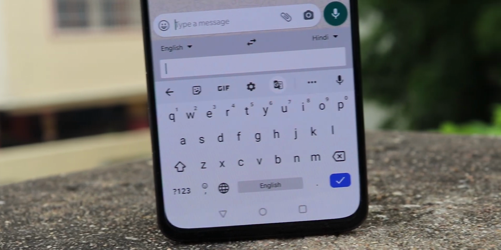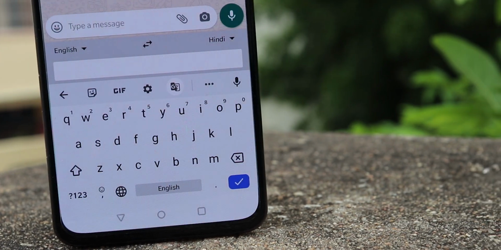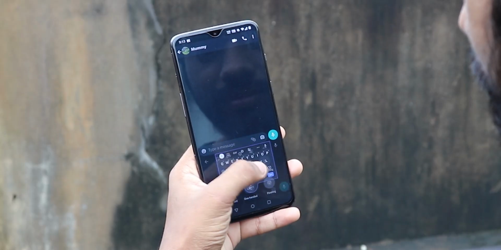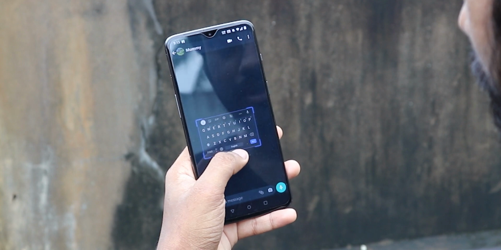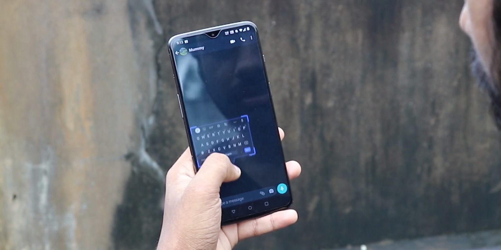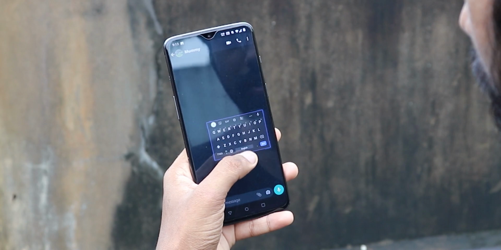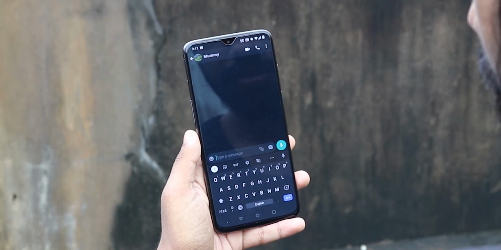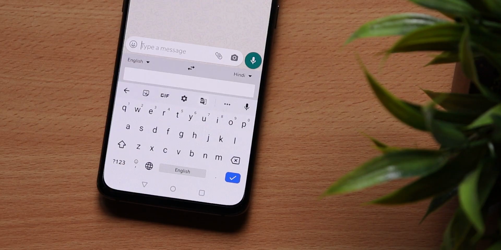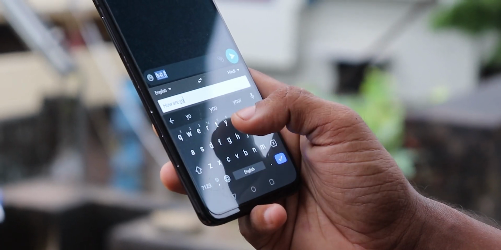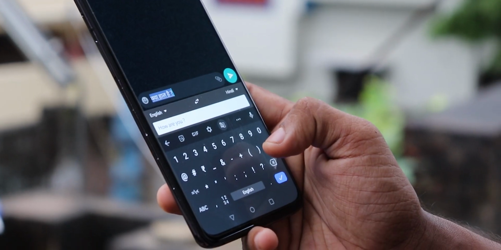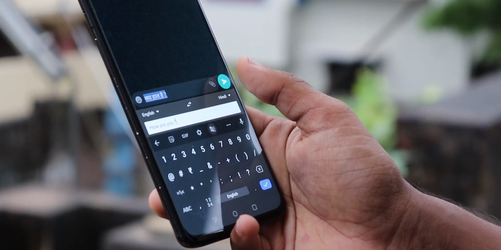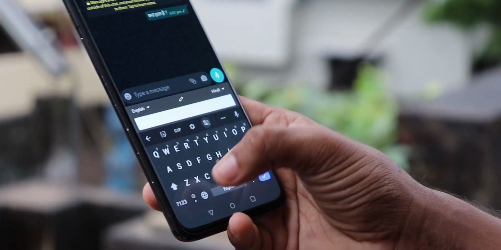Google Keyboard has some interesting features which I combined into one single trick. First one, you can click on floating to make Google Keyboard float. It can be made small or large according to your liking. If you want to make it normal, just bring it back, it will snap into place. Google Keyboard can be used as a translator as well. Click on the translate icon, select the source language and the target language. That's it. So whatever you type in the source language will be translated to the target language instantly.